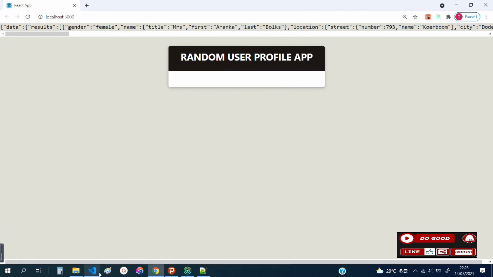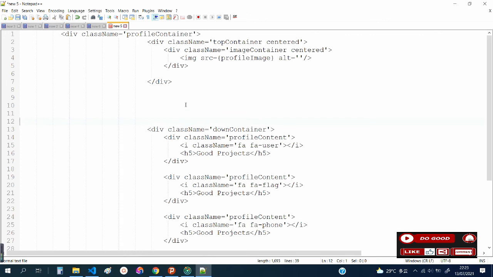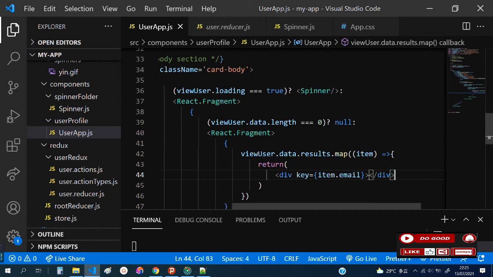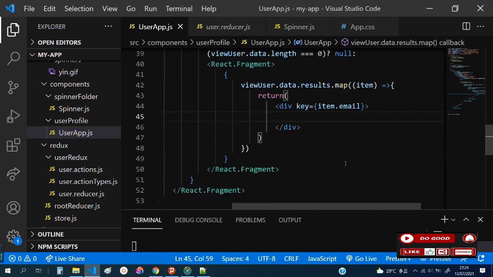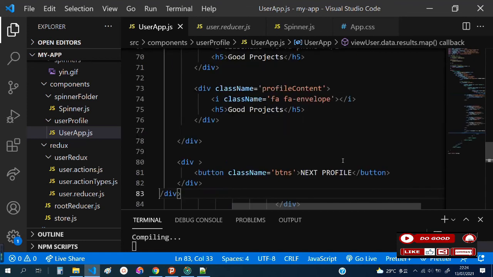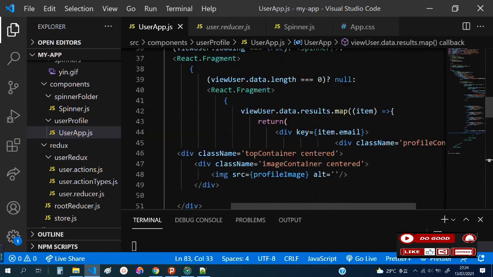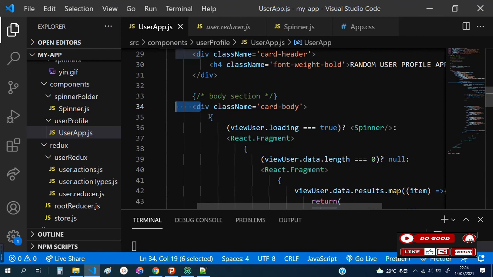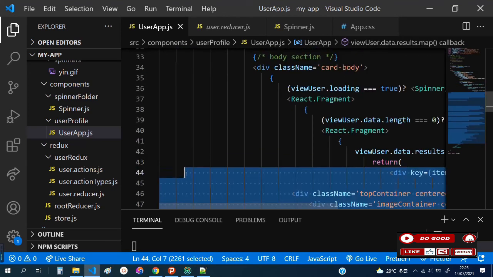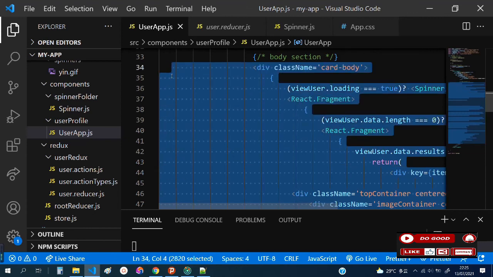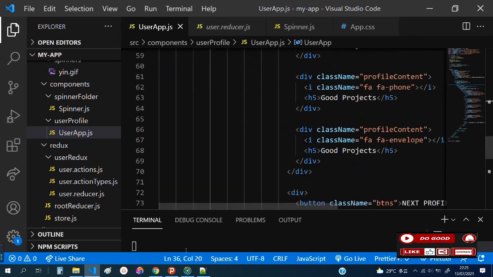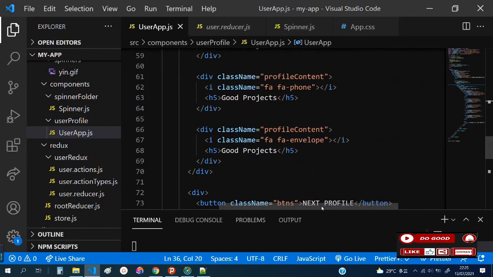So now we can go back to our profile container and copy everything again. Okay. Now we can paste our profile container and the div. Over here we say div. Good. So that is that. Let me see if I can rearrange this nicely. On the card body. Yeah, that's it. Shift Alt F. Good, that's it. Now let's check that out. Good. As you can see, guys,